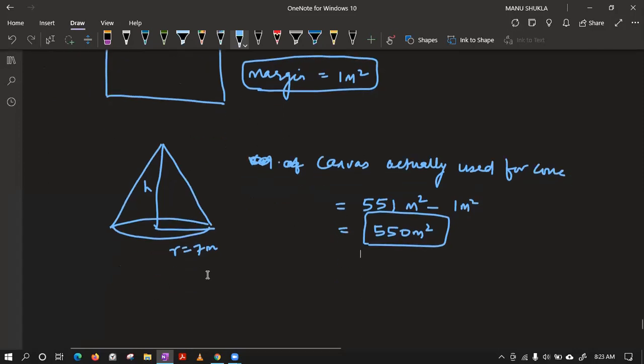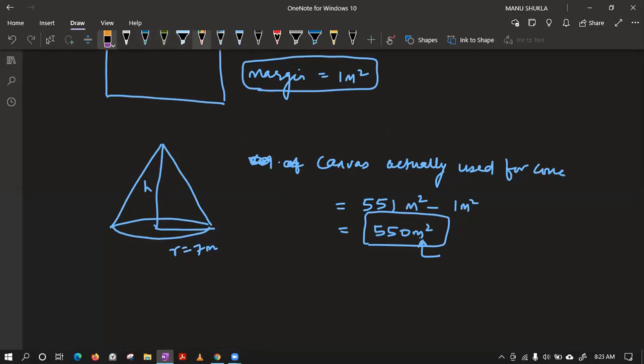Now we have the radius. Can we find the height? Easily we can find. We can say volume of cone. Okay, sorry. Right now we can't go for the volume because we have meter square over here. So we need to consider which property of cone. Please tell. We have to consider which property right now. Yes, we have to go for CSA first.